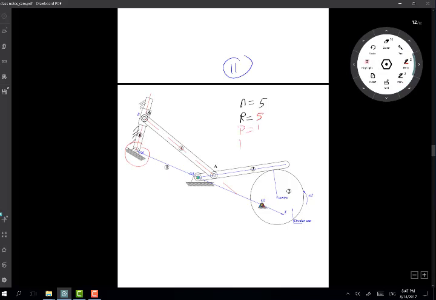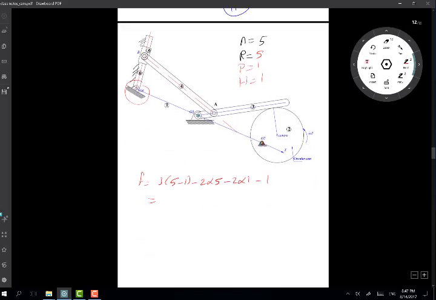Prismatic is still 1. H is still 1. So when I calculate my degrees of freedom, I get 3 times (5 minus 1) minus 2 times R minus 2 times 1 minus 1. So I get 3 times 4, 12 minus